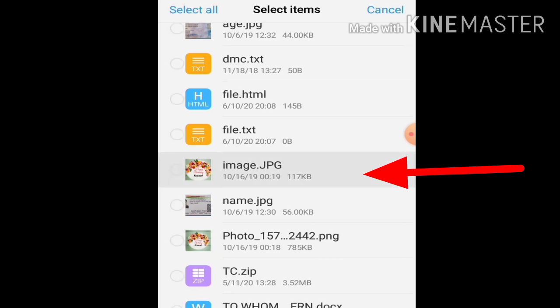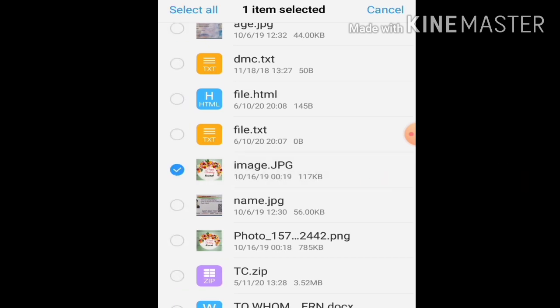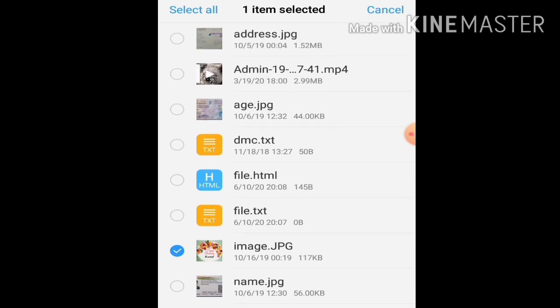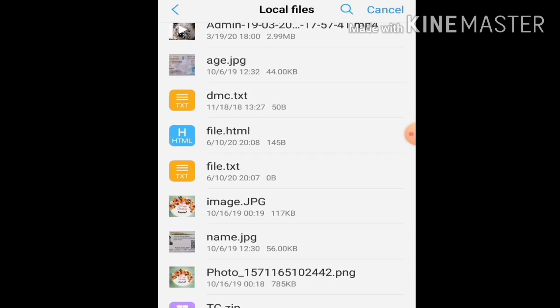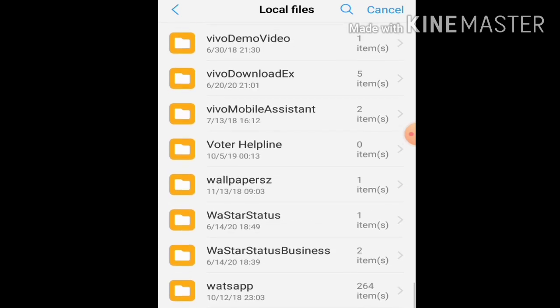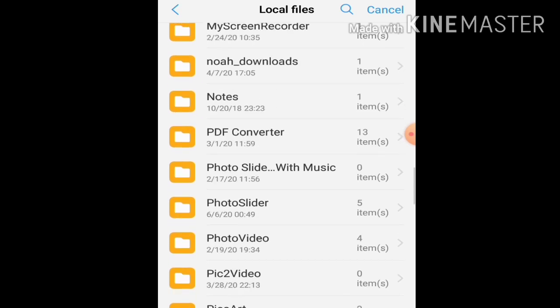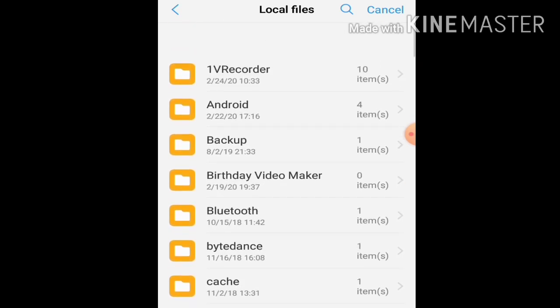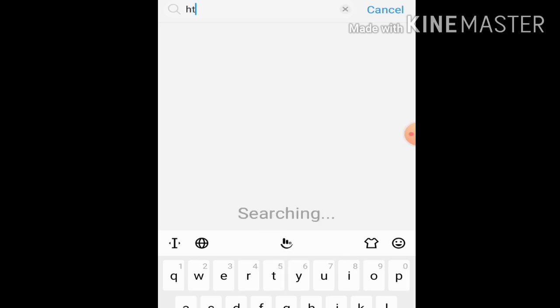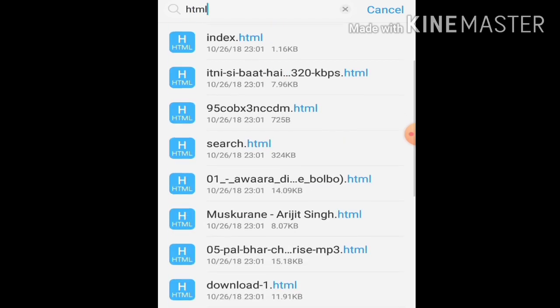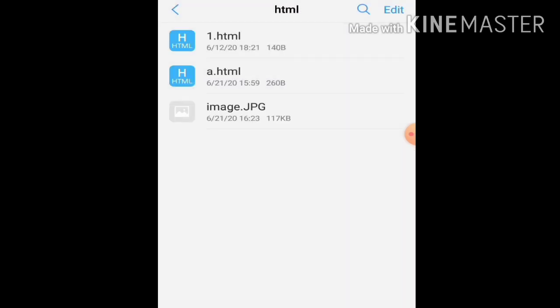I have to insert this image in my HTML folder, so I have to copy it and then paste it here. This way you can insert your image file in your particular HTML folder. So this way I have inserted it.